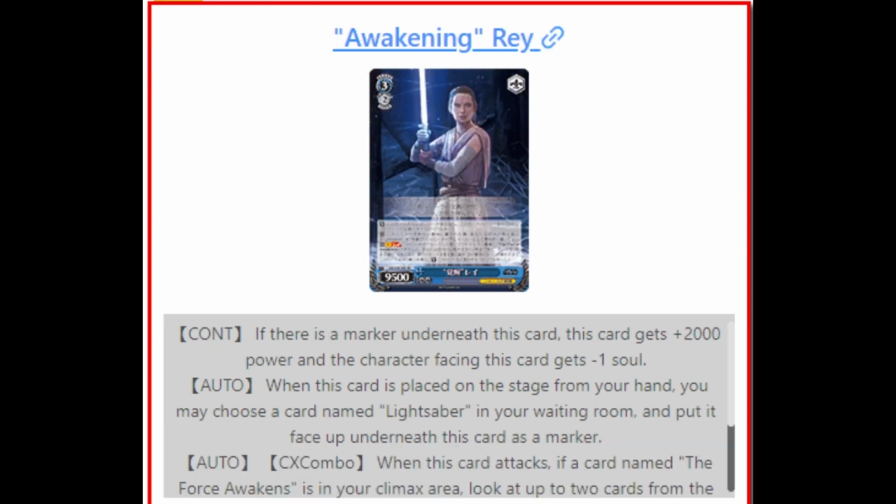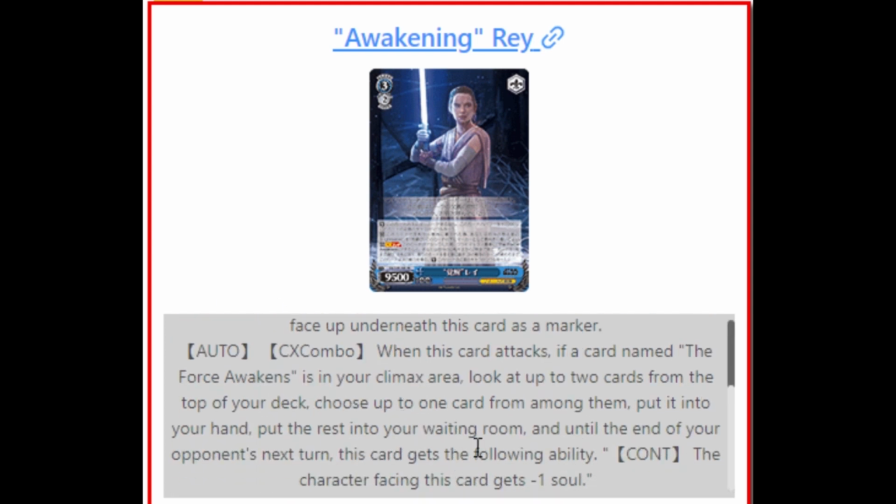If I can find it here. Awakening Ray. If you marker a lightsaber, she gives -1 soul to the character facing her. And then when you climax combo, you look at 2 cards from the top of the deck, add 1, and then you get an additional -soul to the character facing her. So it's a -2 soul. That doesn't target either. It doesn't target, but